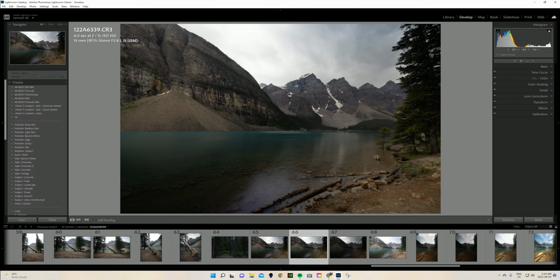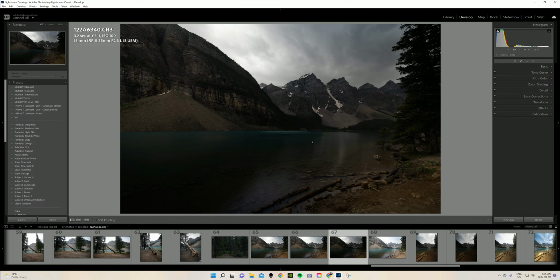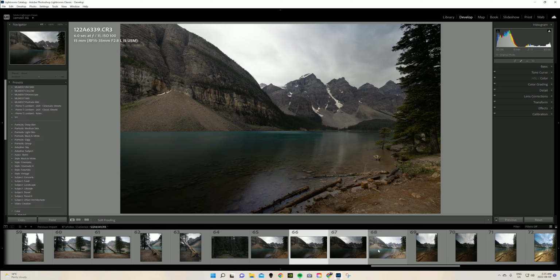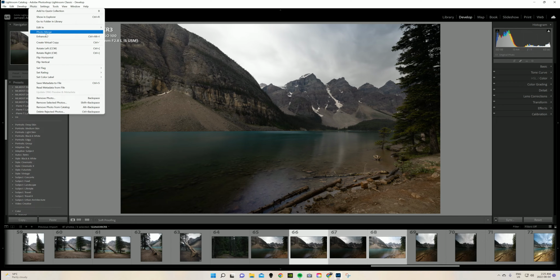Today what we are going to do is merge these 3 pictures, 66, 67, 68, into one. I took this picture here, perfectly exposed, at 6 seconds, f11, ISO 100, using the RF15-35 f2.8. The 67 picture was underexposed by 1 stop. 68 is overexposed by 1 stop. So this is how we're going to merge the pictures, and then we're going to edit that one picture with all the data from these 3 images. I'm going to click on this, hold down shift, have these 3 here. We are going to Photo Merge,